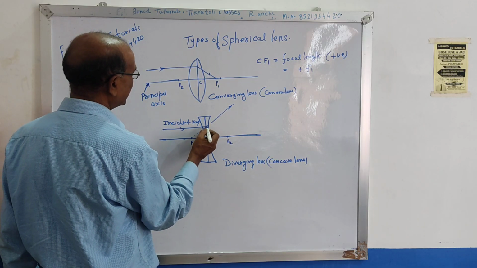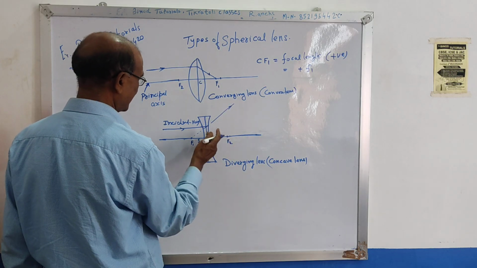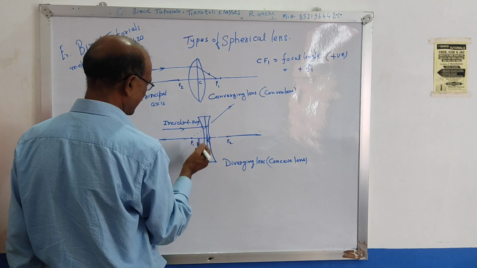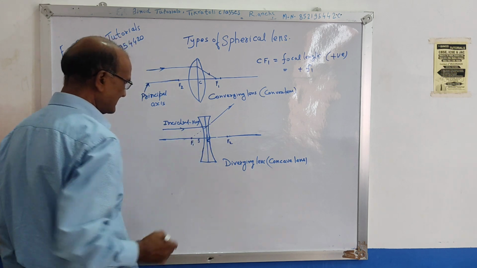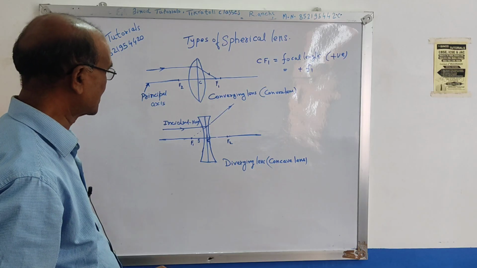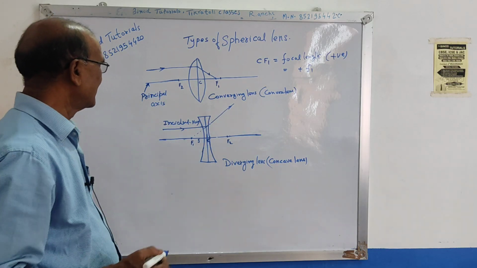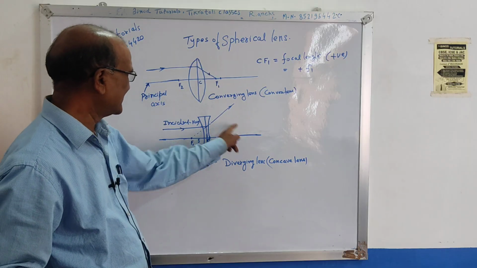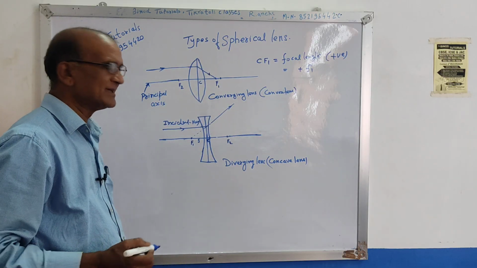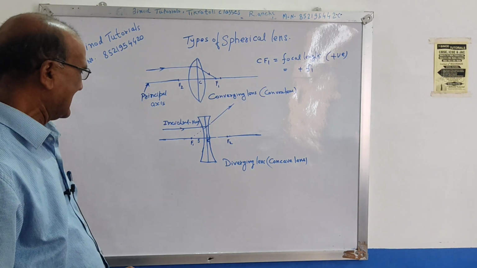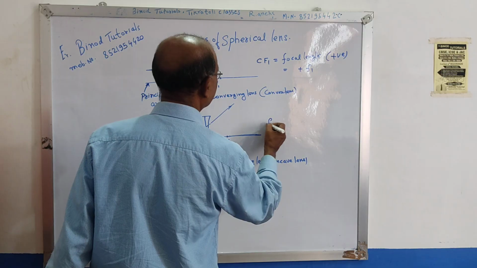This ray is not converging here, this ray is getting diverged. So virtually, it is meeting, passing through the focus F1 virtually. So this ray is diverging from the principal axis, away from the principal axis. That is why this is called diverging lens. And here the focal length